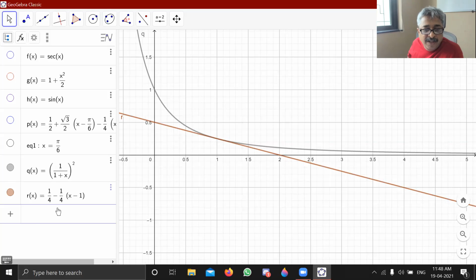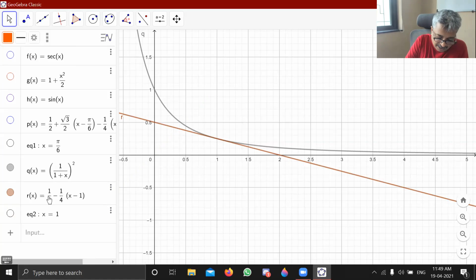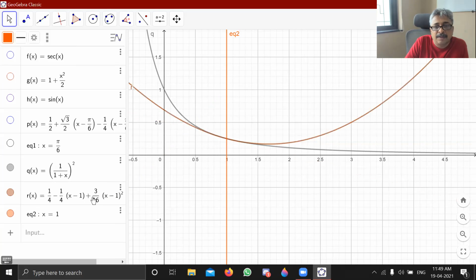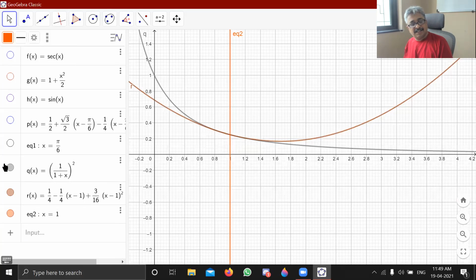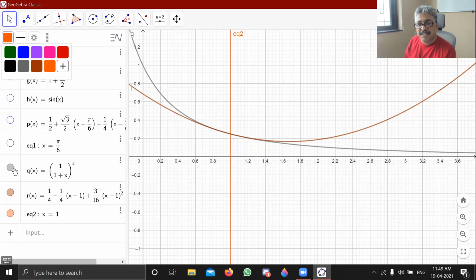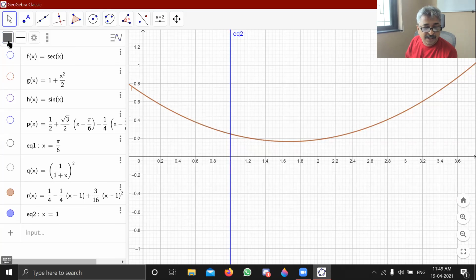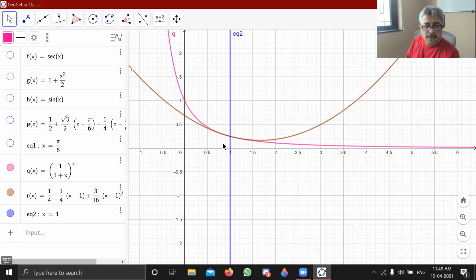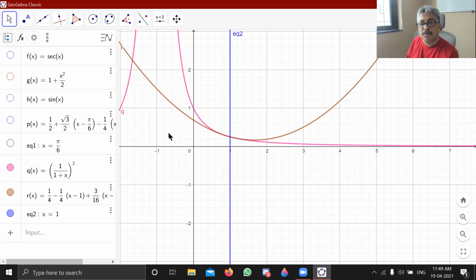So when it is linear, near 1 it is coincident or a tangent. Now, and then we add the third term, 3 by 16, and we make it a parabola. And that is what it is. Okay, so this is quadratic approximation, and you can very well trust these values. I mean, the quadratic equation that you have, you can directly replace instead of a complicated function.